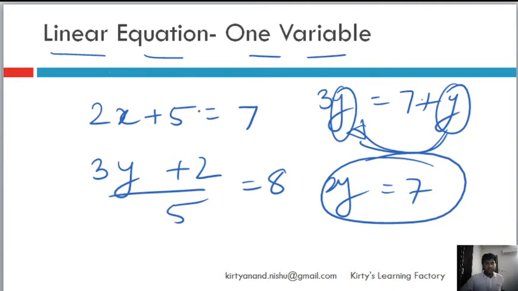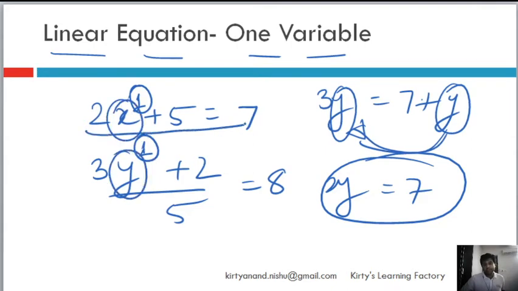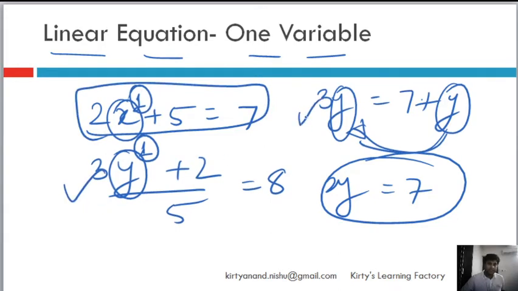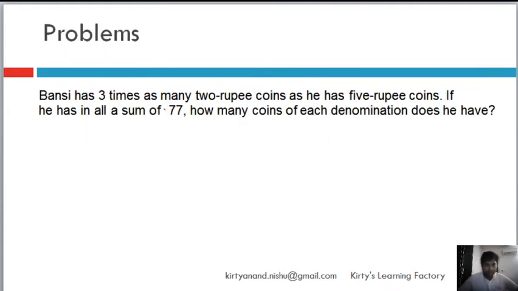So all these kinds of equations are ones where the power on the variable is 1, and there is only one variable. In this equation the variable is x, in this equation the variable is y, in this equation the variable is y. So that's a linear equation in one variable. I could not have explained it more simply. Now let's get into a few problems. I love doing problems on linear equations and algebra because one, they are easy, and number two, they're really interesting, because it is not the problem but basically the logic. The logical sequencing is far more interesting than the problem itself.